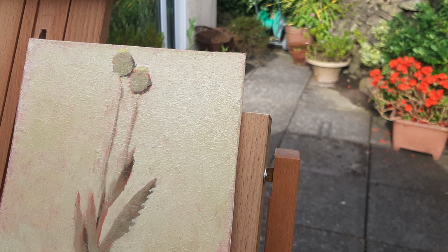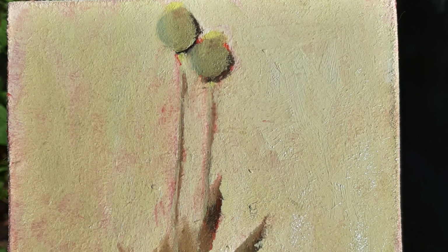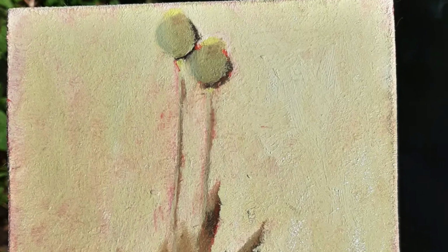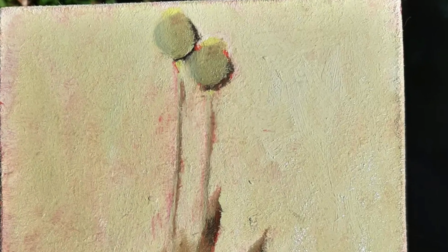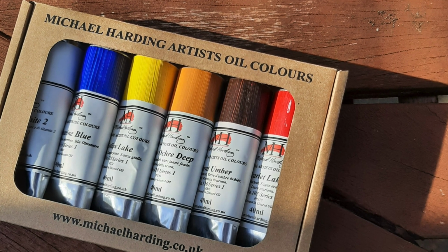So that's my opinion. I do think that Michael Harding paints are a higher quality. That's how I experienced them. Even though my painting wasn't especially challenging or pigment rich, I still thought they were just very nice to use, and they just have a quality to the pigment ratio compared to others that I've used. But I don't have the greatest experience, so I'll build on that and tell you more about it in the future. There are lots more oil painting videos to come very soon,